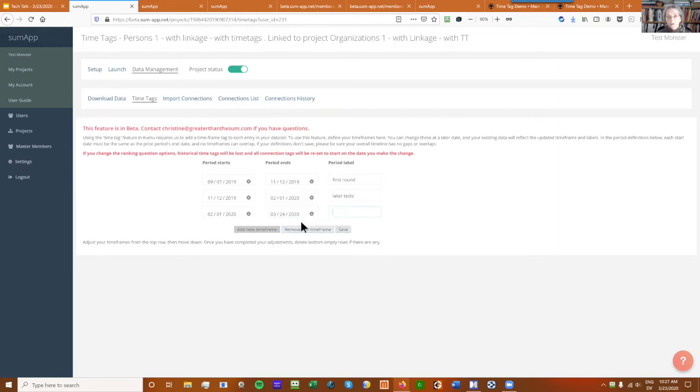Now, a thing to note, I could put today in here, or I could put yesterday in here, and not put another future date, in which case anything that happens after the last date in the sequence won't show up in your time tags. So sometimes I'll be testing and I'll be like, oh, that thing is broken because a connection won't show up. Like, I just did it.